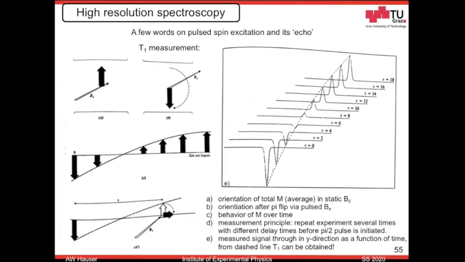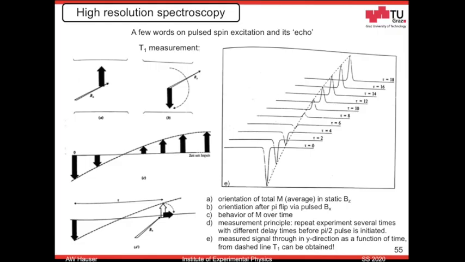And finally, we come to the T1 measurement. The T1 measurement means our change of the spin in its projection onto the z-axis from the excited to the ground state. Again, excited state means that the magnetic moment is anti-aligned with the magnetic field, and the ground state is the state where the magnetic moment is aligned with the magnetic field. So on the left-hand side of this slide, you can see at first our average magnetic moment pointing into the direction of the magnetic field,